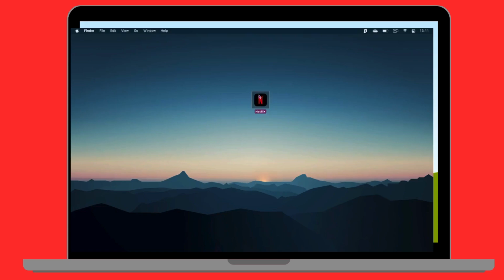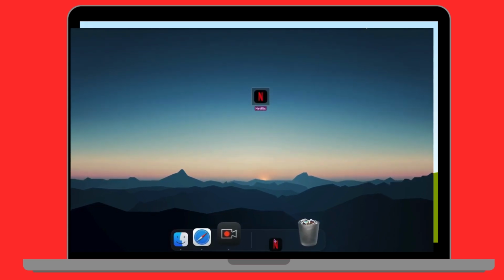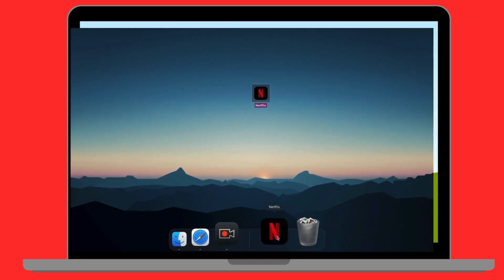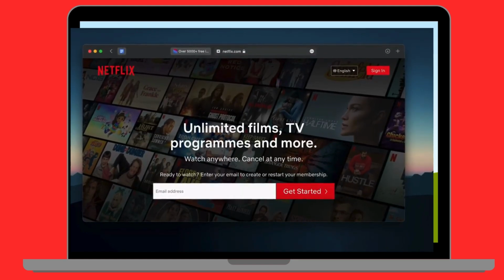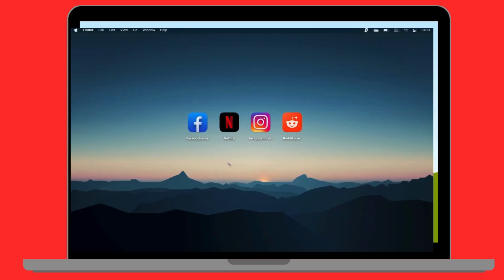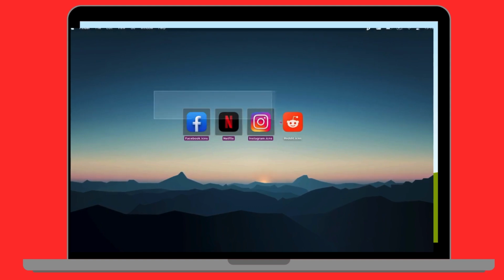Now you can add this new Netflix app into your dock, and once you click on it, Netflix will open up in your default browser. This method works with any website, so you're free to create apps from websites like Reddit, Facebook, Instagram,